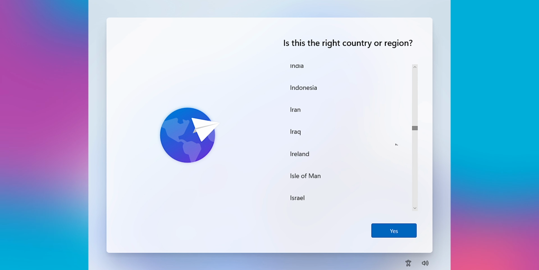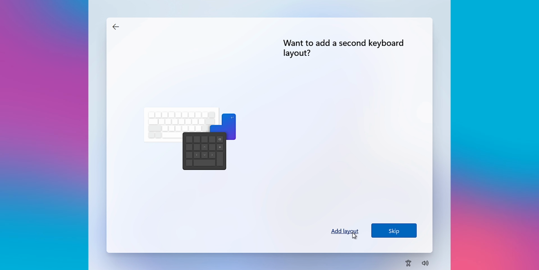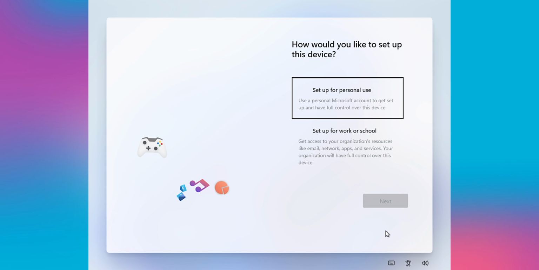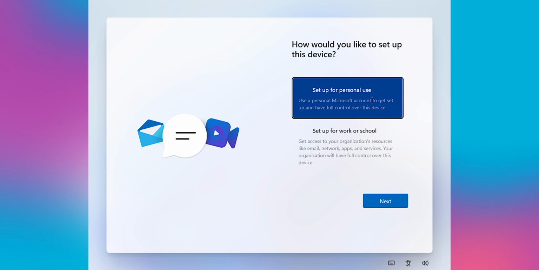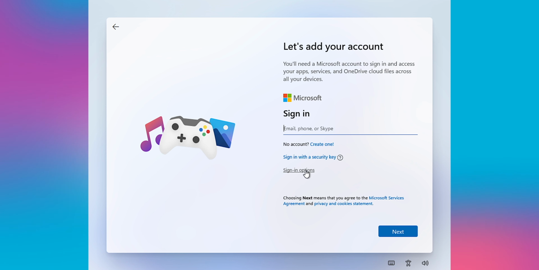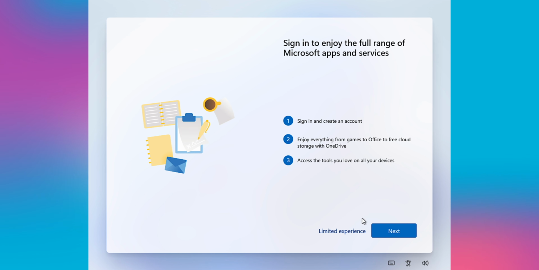After Windows 11 installs, this is what the welcome screen will look like. Now, this may change because it is a preview build, however, do expect to select your country and your keyboard layout in a similar fashion. You will then have the option to set the computer up for personal use or for work and school and potentially enterprise. You will have to sign in with a Microsoft account, but thankfully there is an option to have an offline account, and this has been made easier than the previous version in Windows 10, which you guys know that I found very frustrating.